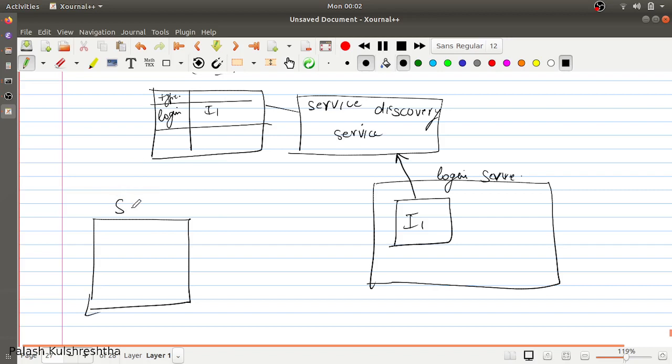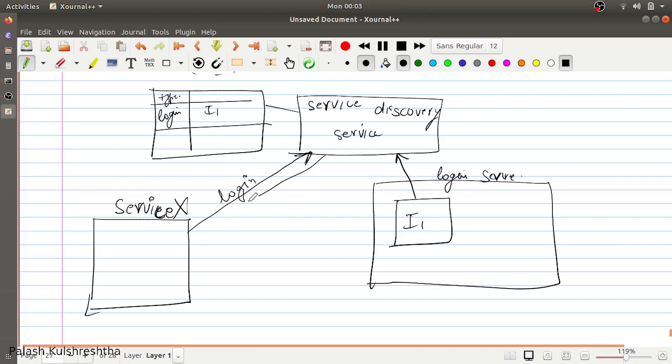If there is another service, let's say service X, which wants to call the login API, it interacts with the service discovery system and queries: give me the instances where traffic for the login API should be sent, or give me the instances for the login service.